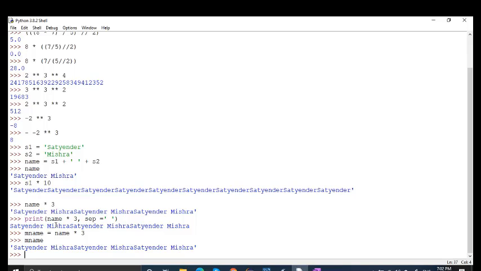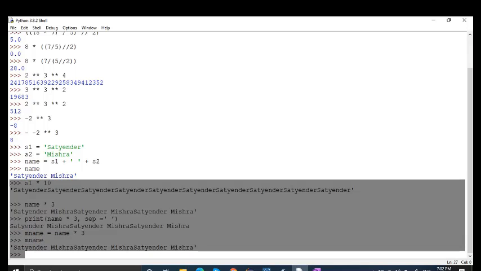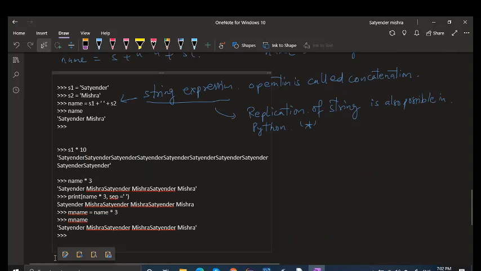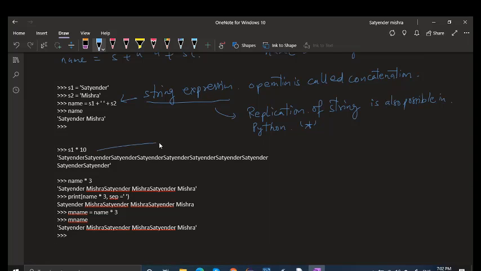So this is the replication thing regarding strings. Let me take this example over here in our notes. So this is the replication of string.